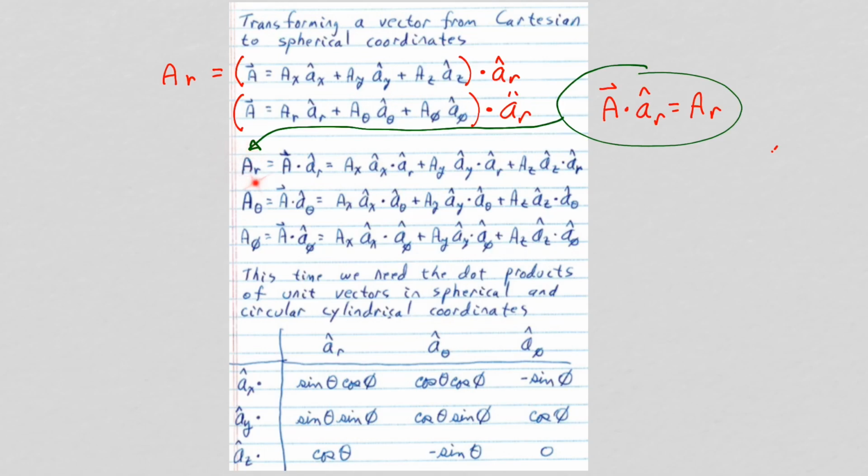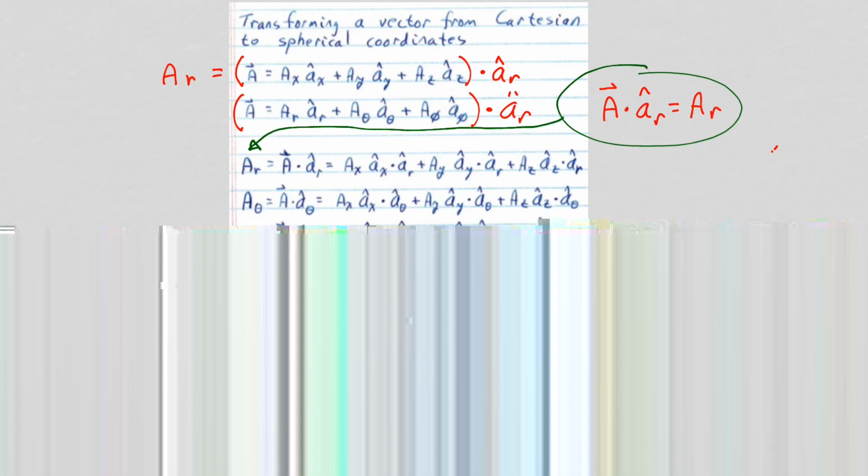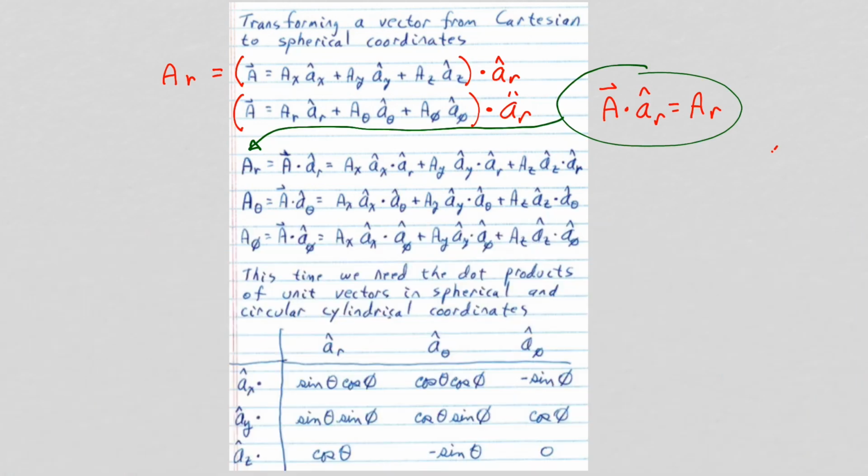Similarly, by taking the dot product of our vectors with the unit vector in the theta direction, we can get the theta component, and by taking the dot product with the unit vector in the phi direction, we can get the phi component. It's harder to evaluate these dot products than it was in the cylindrical coordinate system, so I'm not going to go over that. In fact, I've never gone to the trouble of verifying it, but here's a table from your textbook that shows the results of those dot products. So for instance, the unit vector in the y direction dotted with the unit vector in the theta direction is cosine theta times sine of phi.